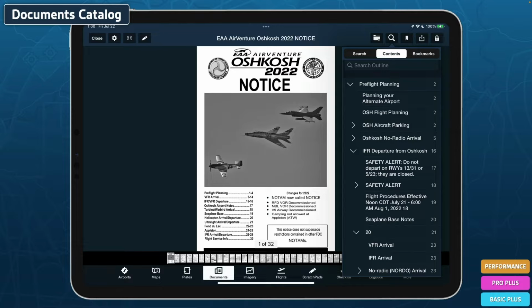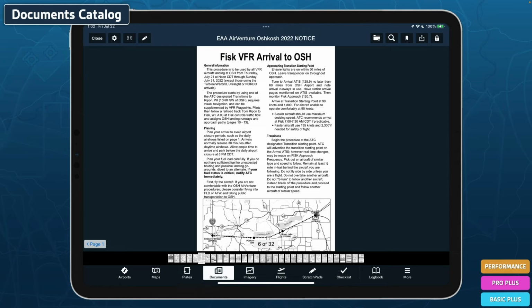That allows me to do keyword searches, to browse bookmarks of pages that I'm interested in, and even use the table of contents here to get to the correct page. So if I'm trying to find out a piece of information quickly, it's very easy to move around those documents. So no problem for me to go ahead and find the information on the Fisk arrival into Oshkosh as part